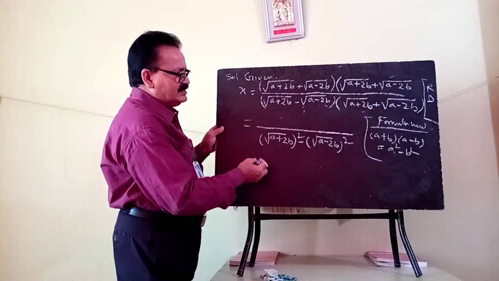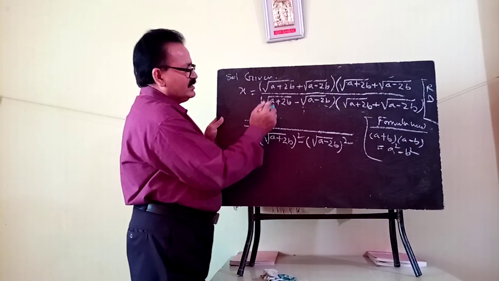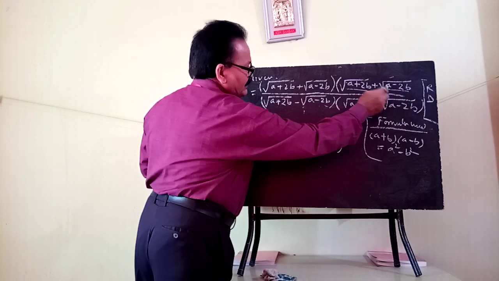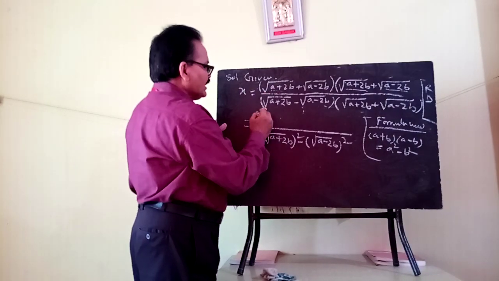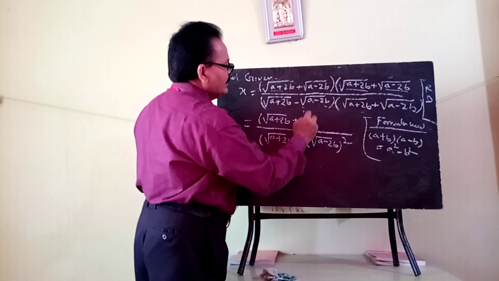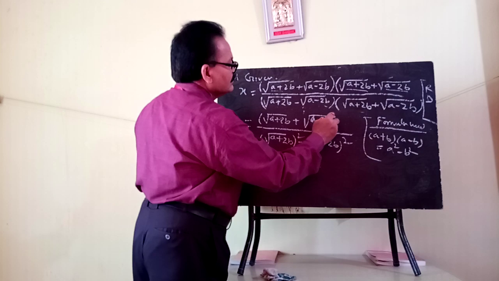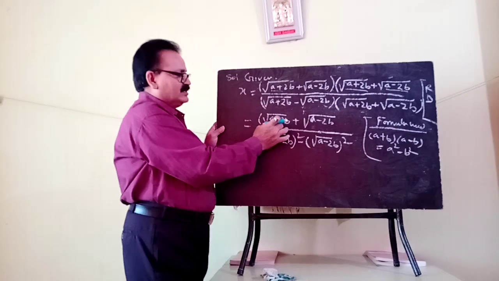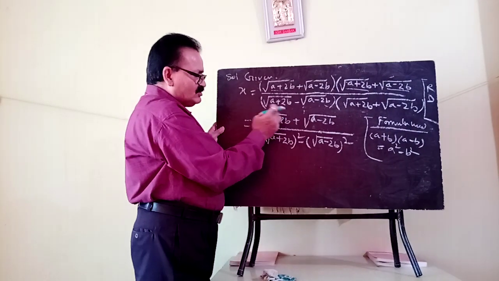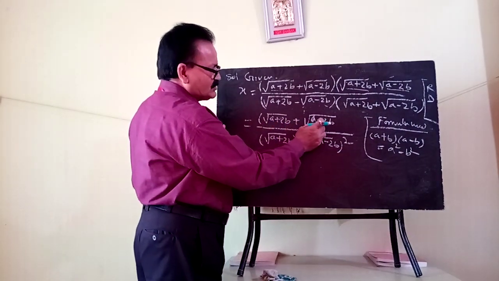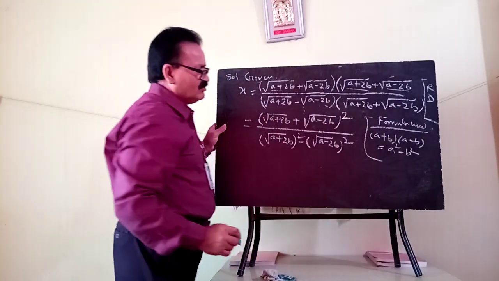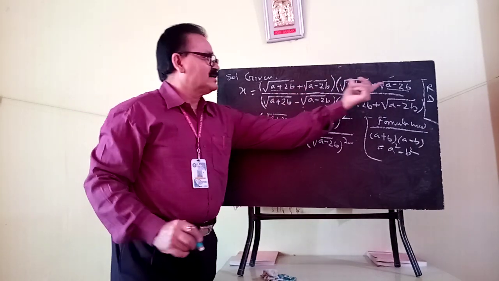So I had written, now you see here it is a plus b. This much is a, and minus a plus b. Both are the same. So that means this will be a plus b. This together is taken as your a, square root of a plus 2b, so you just consider this as your a. So square root of a plus 2b plus square root of a minus 2b. Because the same thing is multiplied, you can put it whole square instead of this bracket and this bracket.